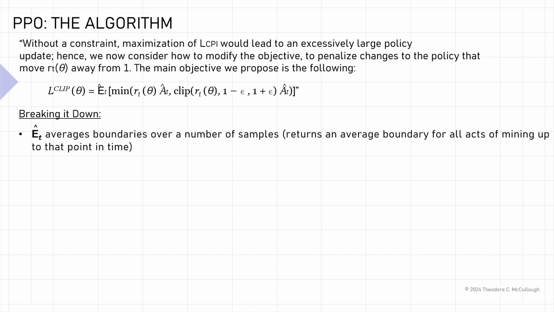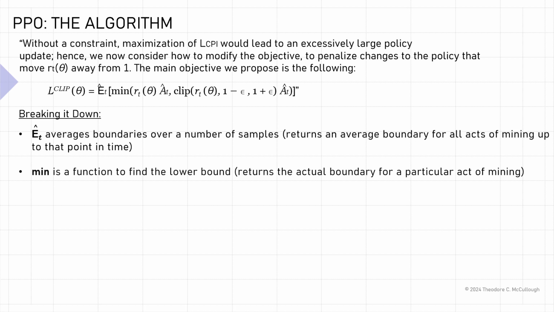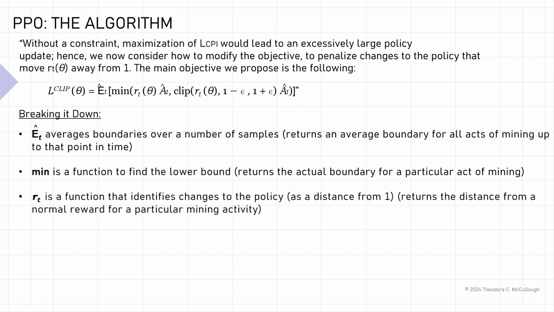So E sub t in this algorithm is really an average of boundaries over a number of samples. So really this returns an average boundary for all actions of mining up to that point in time. So basically this defines the average boundary. The min is really a function defining the lower bound for a particular action of mining. R sub t is really a function that identifies changes to a policy as a distance from 1. So really this is a function that defines kind of like what's normal mining activity and resultant rewards and what's